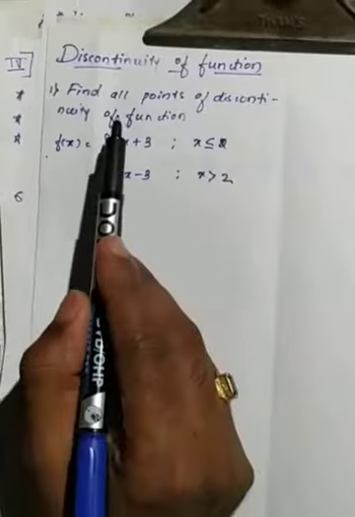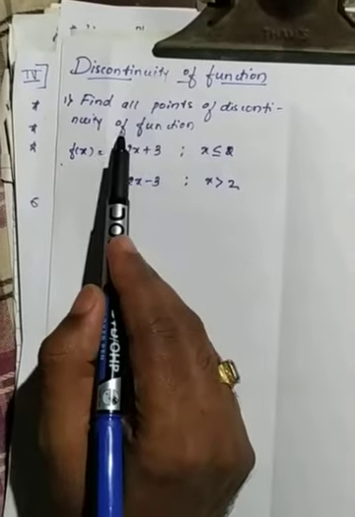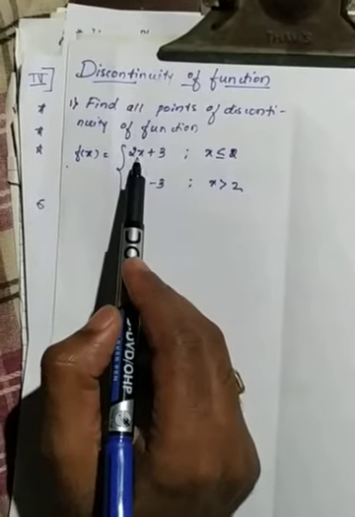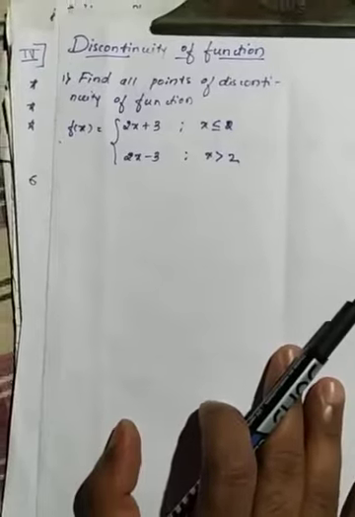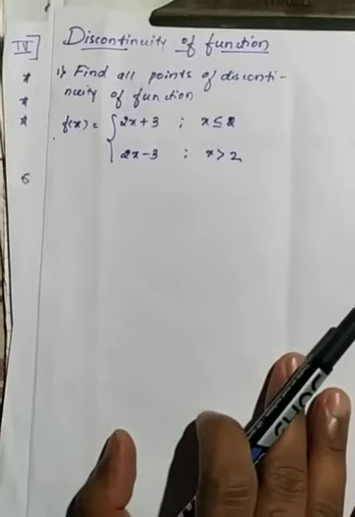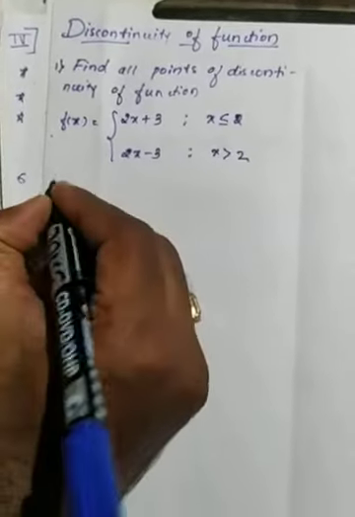Here, what is given: find all the points of discontinuity of the function f of x equal to 2x plus 3, when x is less than or equal to 2, and when x is greater than 2, at that time f of x is 2x minus 3. So in case 1, I will take